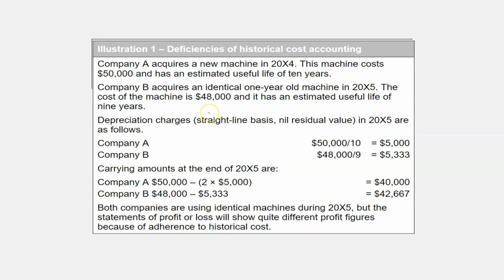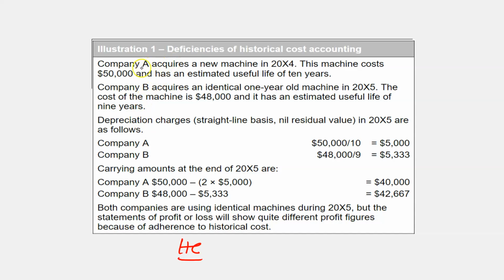And there's always the issue of comparability, because if you have one party using historical cost and another party using the revaluation method, we have issues there as well. It's really about being relevant, seeing what other people in the industry are doing so we can compare. Remember, we're trying to make sure that users have the best information possible to work with. This question highlights some of those issues.